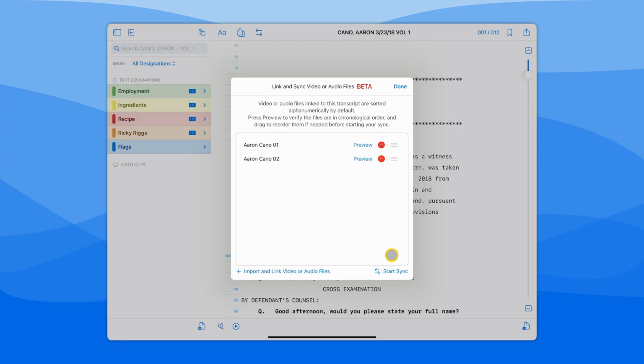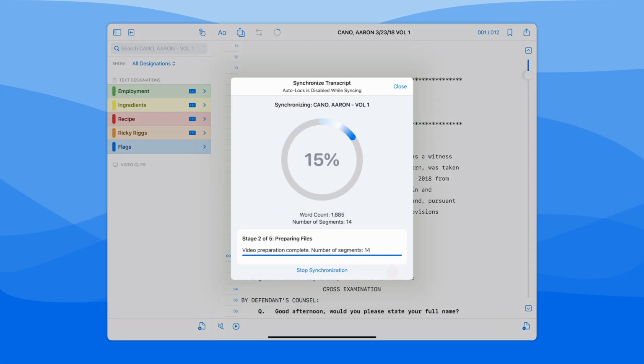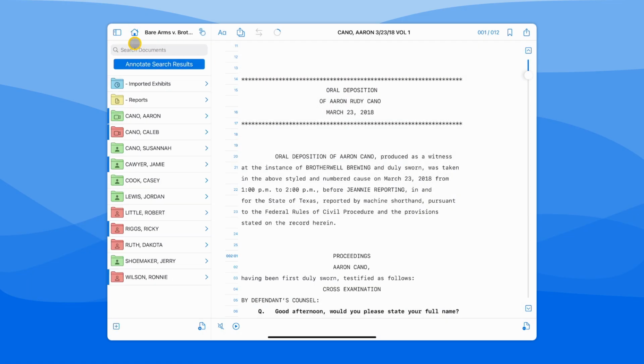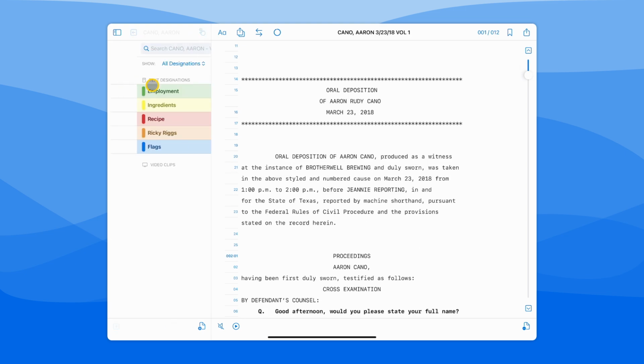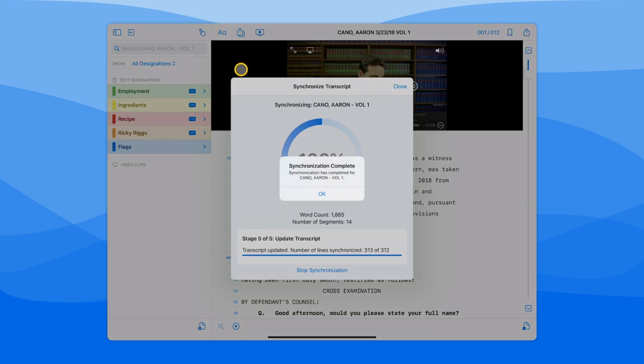Then tap Start Sync. While your sync is processing, you can navigate to a different transcript and continue your review. The sync progress indicator allows you to monitor the progress of the sync even if you are in a different transcript. Once the synchronized transcript process is finished, you will see a synchronization complete